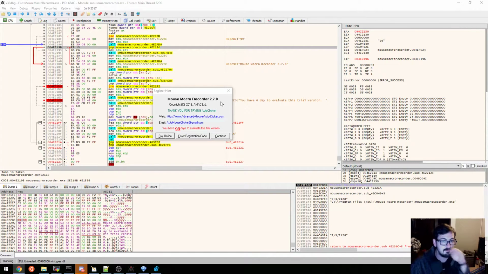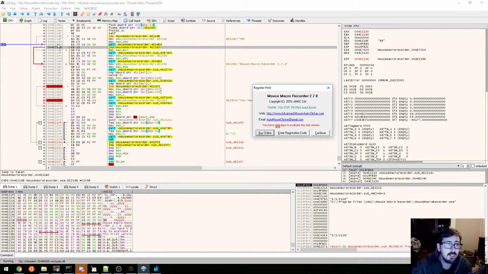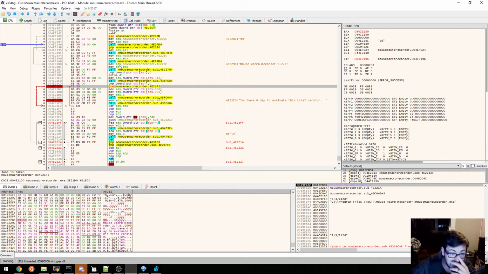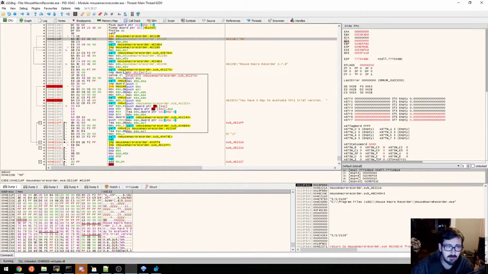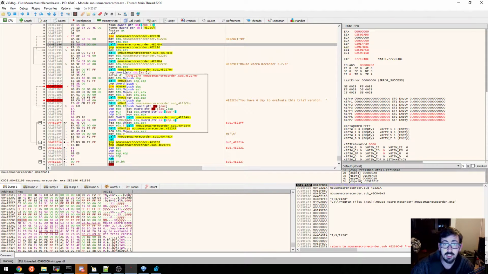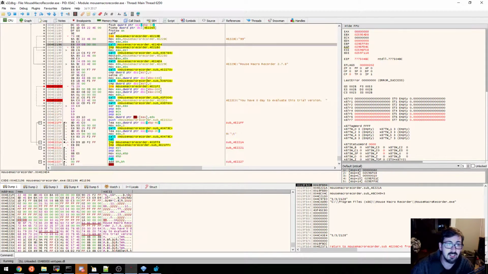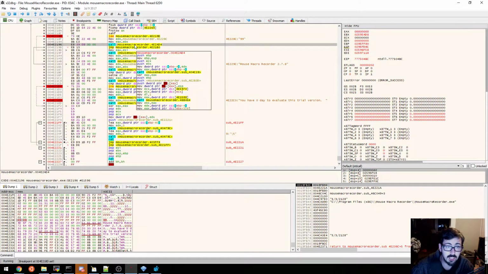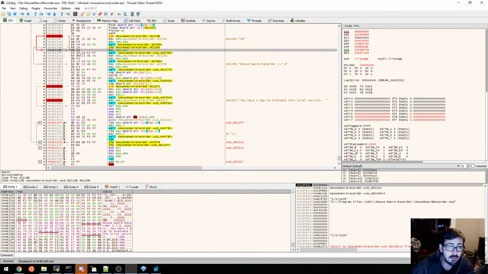Okay, so we want to actually get rid of this whole window and just skip it, right? Not sure how we got here, because I thought I hit F8, but that was right here. I did hit F8. I knew I hit F8. So, we really wanted to take this jump, because then this call would have not been that call.